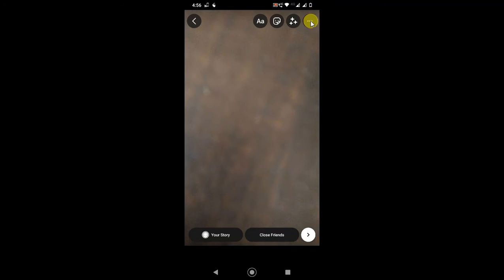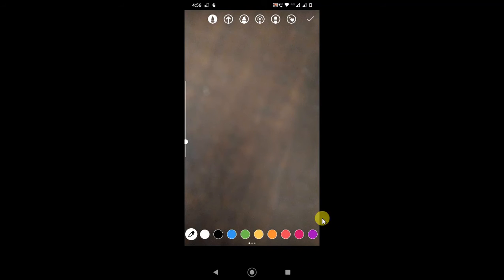Now you have to go in this three line dot option, go to the draw option. Maybe you will see it here first, or here you have to click on this draw option. Okay, now you have to select color from here. I just select this blue one,